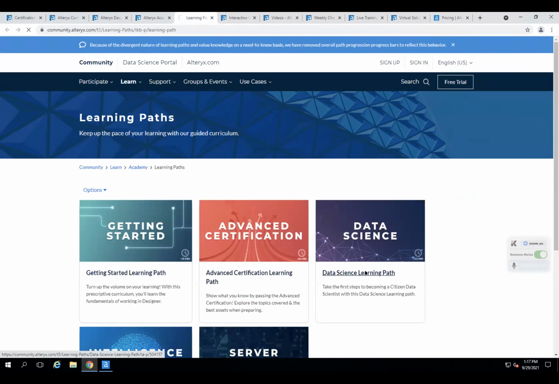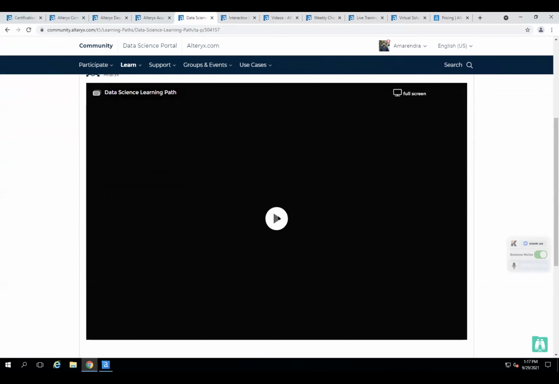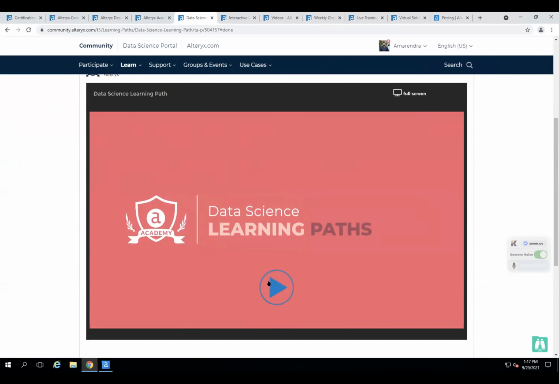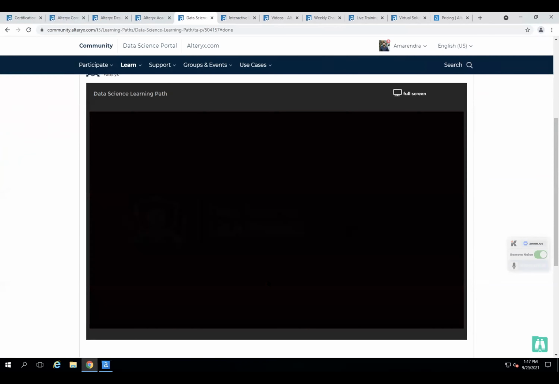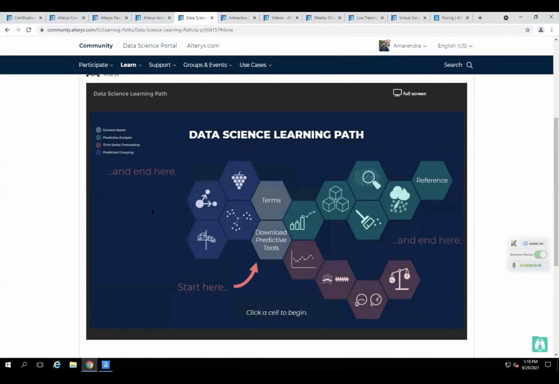For example, if I click on the data science learning path, I'm presented with this beautiful path where Alteryx is guiding me as to where do I start. And from here, I can slowly progress into different sections. And then finally, I can end here. So whenever you click into any of the sections,